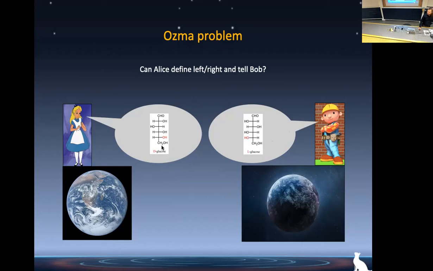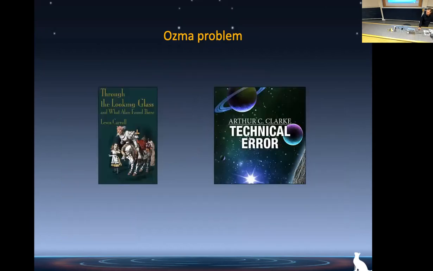I mean, we creatures on Earth, all the species, all the life forms, are made with a certain chirality. I think this is one of the proofs of the common ancestor of life on Earth. But Bob may be made of the opposite chirality. And actually, if you think that this is strange, there is a short novel by Arthur Clarke called The Technical